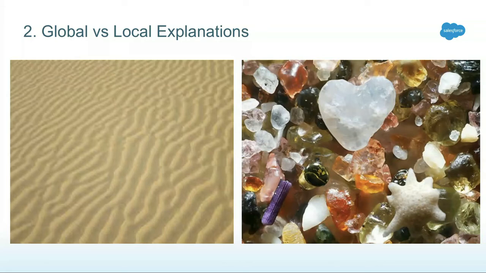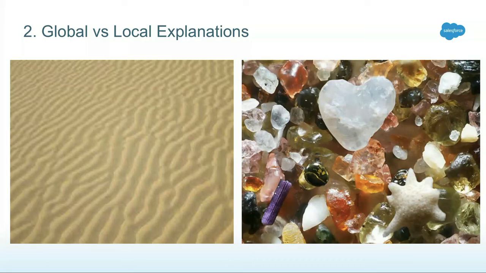The next important trade-off that you have to consider while building explainability is global versus local explanations. If you're trying to explain your model as a whole across the entire data set, across all the predictions, it's known as a global explanation. Whereas, on the contrary, if you're trying to explain a single prediction, it's known as a local explanation. I'll give an example. Imagine a sentiment analysis model. If I have to explain a sentiment analysis model, you have to understand the huge size of human vocabulary, the context of the words, the complexity of negation. Whereas on the contrary, if I have to explain why a single sentence, "this is not bad," has a positive